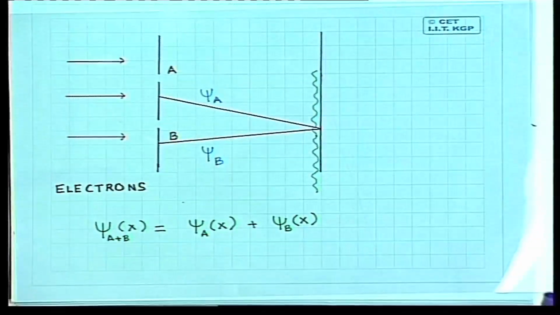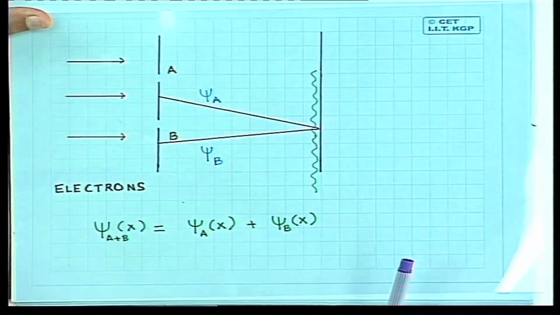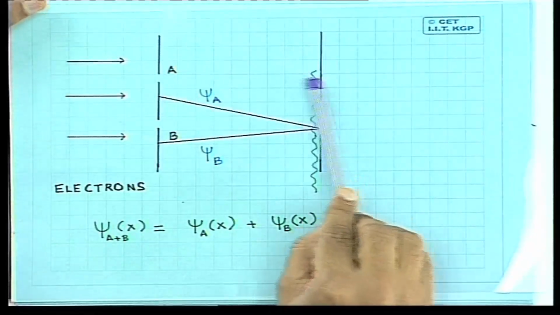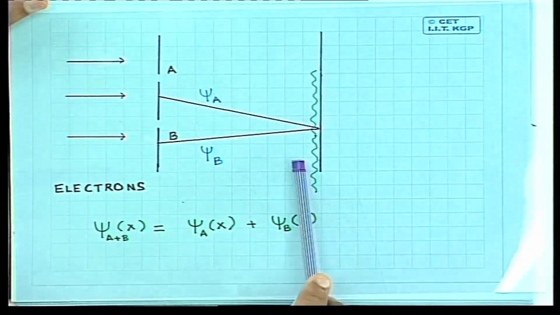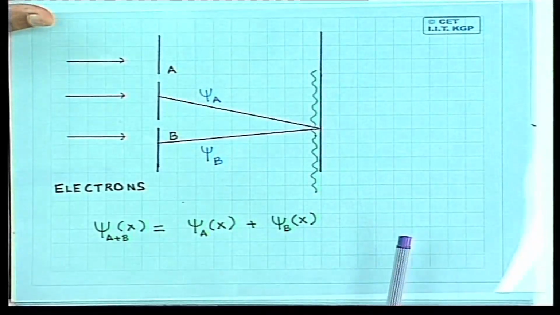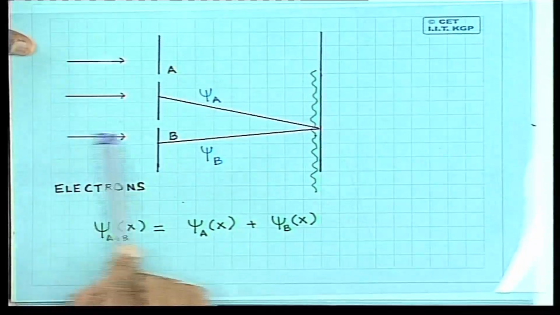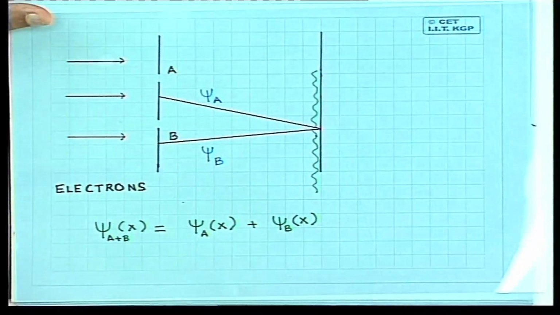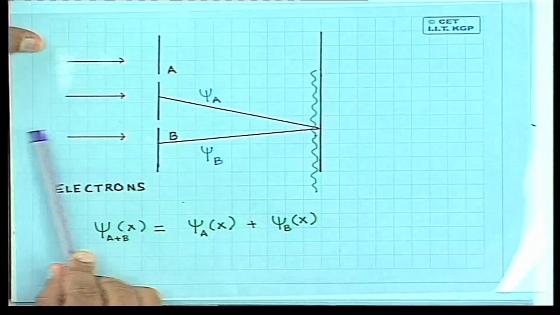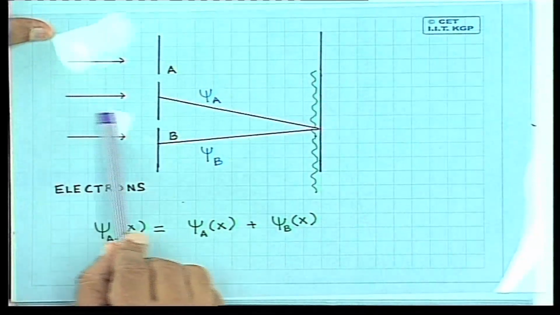What we find very surprisingly is that on the screen where you detect the electrons, if you plot the number of electrons as a function of position on the screen, what you get is something that looks like an interference pattern. In order to explain this, you have to invoke the fact that each electron, one electron arriving here, has a wave corresponding to it. So the electron which comes onto this screen with the two slits has a wave corresponding to it.